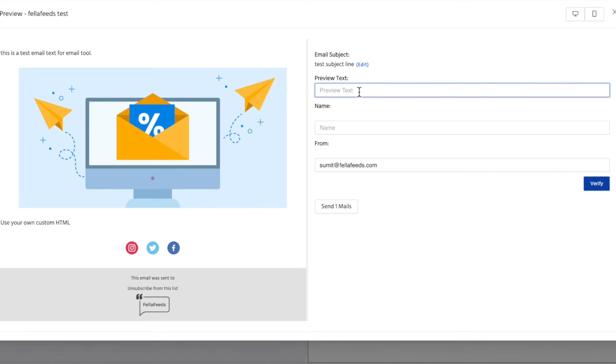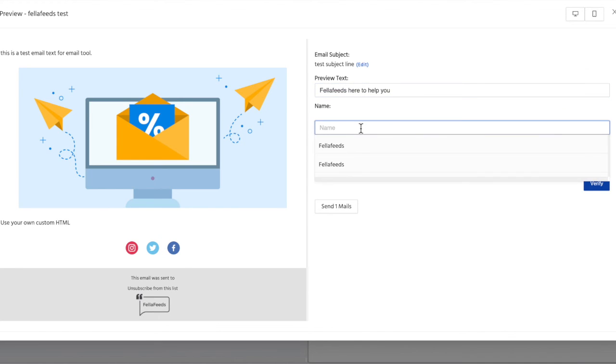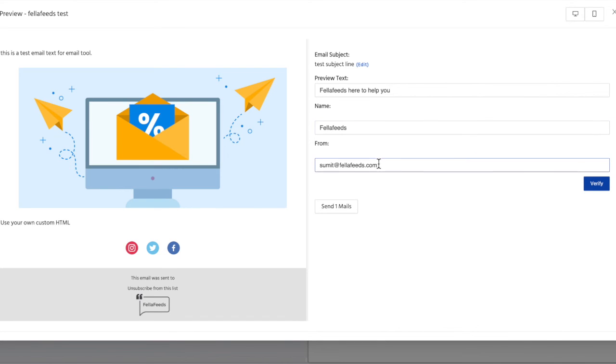I can put down my preview text here. And from the name you want to send, I will select Fella Feeds, and from here you have to put the email address from which you want to send it.